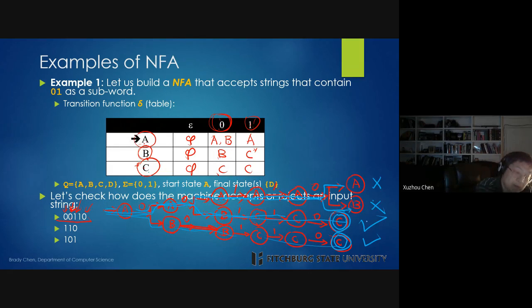Okay. We have two accepting paths and two non-accepting paths. So that means we will accept it. Okay. So this is accepting. The machine is going to accept this string. Now, in